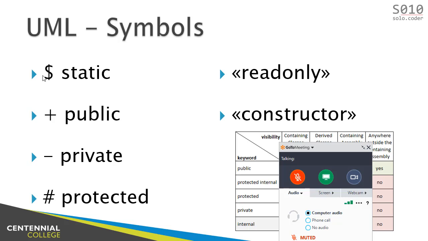In our case, pizza didn't have any static member, but if it did, we would have to say pizza dot whatever static member we may have. So again, static means that it can only be called from the class. Non-static means that it should be called from the objects, okay? And the absence of static keyword means that it is non-static, okay? Anyway, the $ sign means static, public plus, private minus, protected,